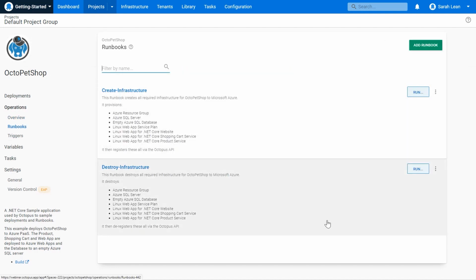Now, I've got 2 runbooks set up. I have my create infrastructure one and destroy infrastructure one. Hopefully by the names, they'll be fairly simple as to what they actually do. But what they actually do is they deploy our infrastructure. So within Azure, you need a resource group for all your resources to live. And inside that resource group, you're putting an Azure SQL Server, an Azure SQL database, a web app service plan, and then 3 web apps as well. And the destroy one does the exact opposite. It just takes away all of that infrastructure that we've just created if we need to.